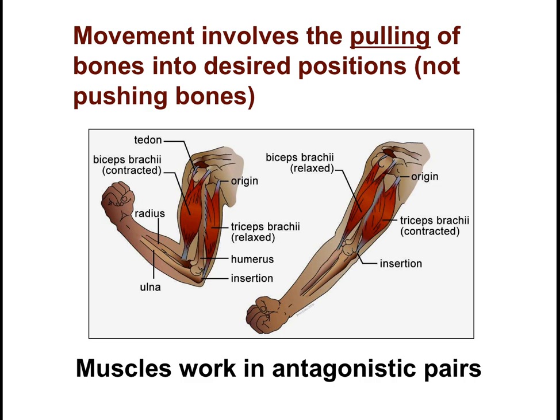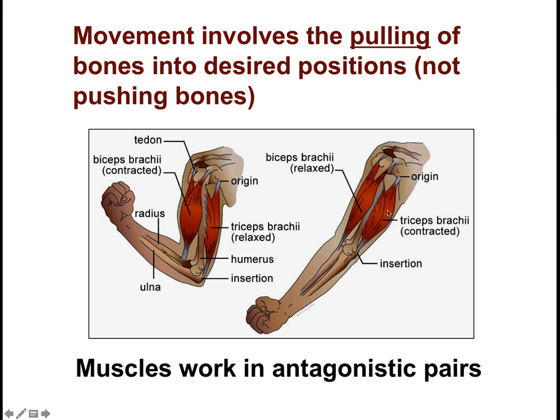So in the case of your bicep, that particular muscle may shorten, and when it does that, it's going to pull the forearm closer because it's connected to this bone here, the radius. Now, if you want to straighten the arm back out, you have to have a separate muscle, the triceps, that comes around behind the elbow here and attaches there, and when the triceps contract, it will straighten the arm out.